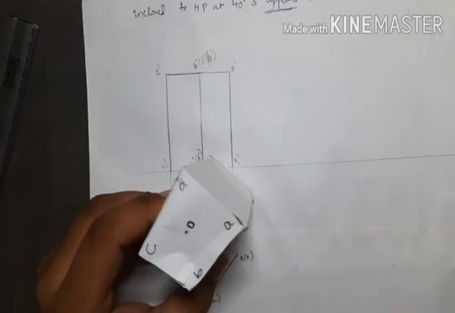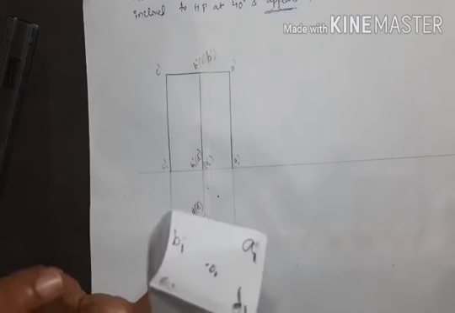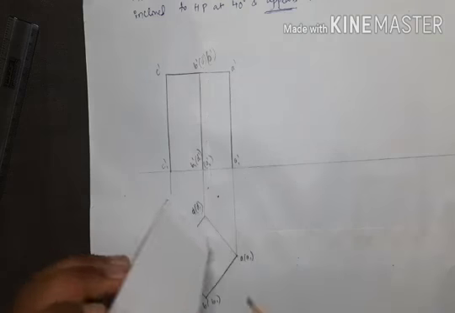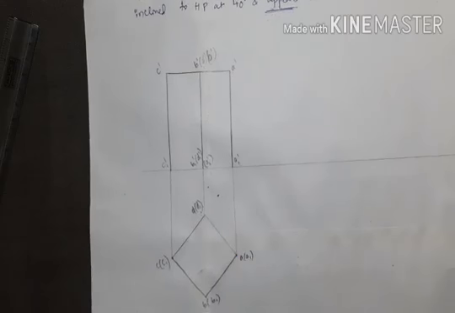When you are looking from the top view, this D dash, sorry, D1, this is D1. D1 appears hidden when you are looking from the top view. That is the reason you have written D1 in bracket. Similarly, it is applied for other corners. So I have explained in detail how to name the corners, whichever appears hidden, whichever are not hidden, and why the corners are written in bracket. You can go through the first video if you have not understood how to name the corners.